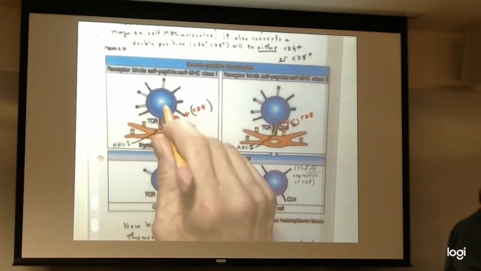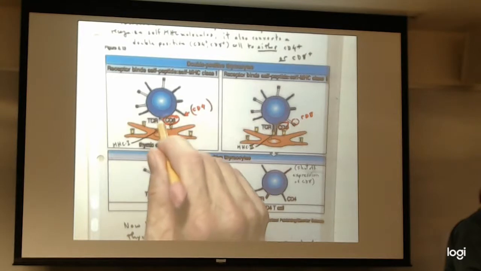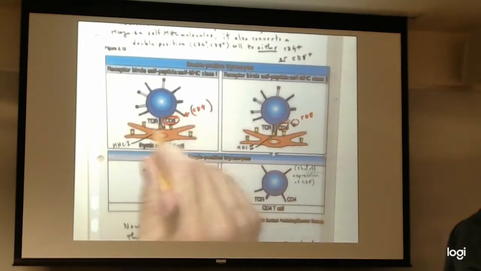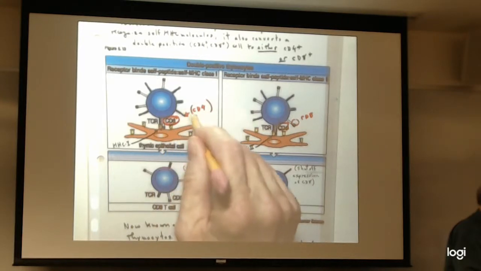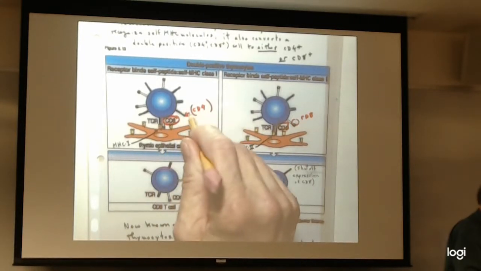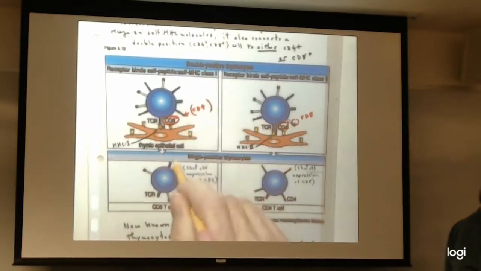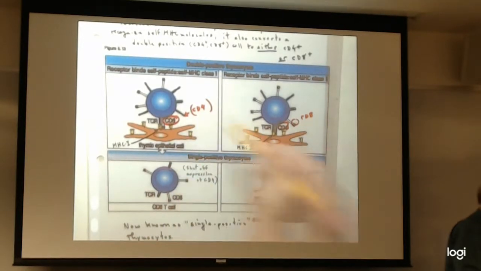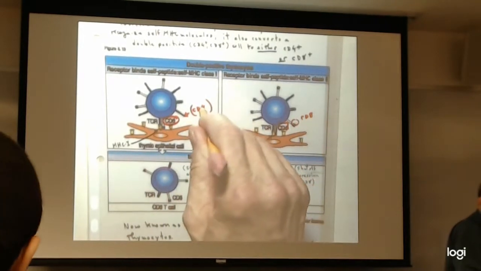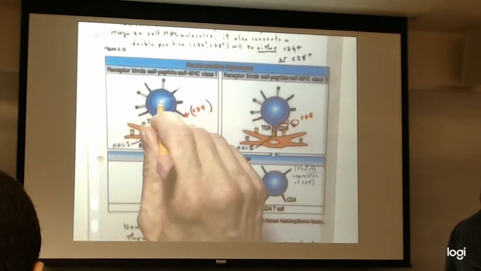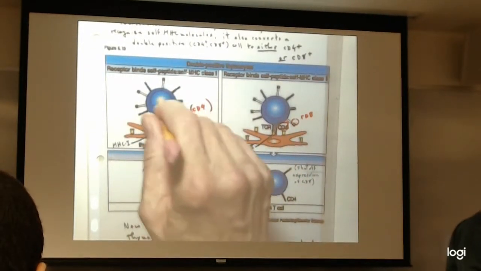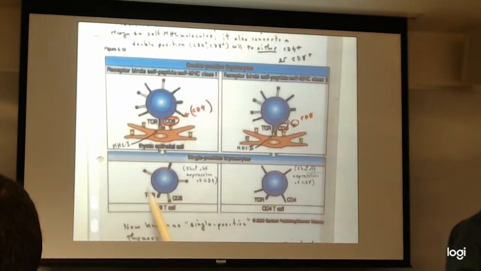And since it's binding to a class 1 molecule, the CD8 protein will be recruited here in the usual way, and the CD4 protein will be sort of hanging in the breeze here. And this will become a CD8 T cell and stop expressing that useless CD4 protein. Okay? So the positive selection event is what also determined this double positive cell to become a single positive CD8